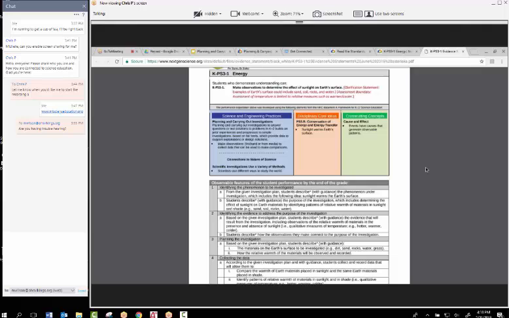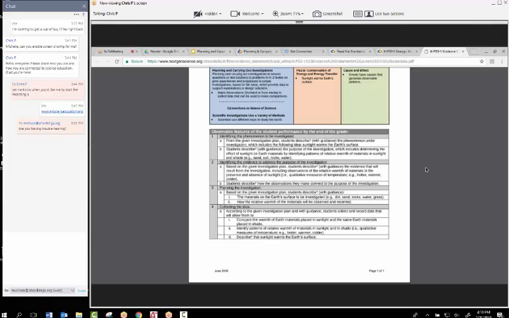I'm going to scroll down just so we can see the rest of that. Another really nice thing about the observable features is if you have any doubts about understanding the performance expectation, it's detailed. Absolutely. I love the connection down here. Just sunlight and shade and patterns of warmth, hotter, warmer, colder, just connects to what Rachel was saying about 9-12